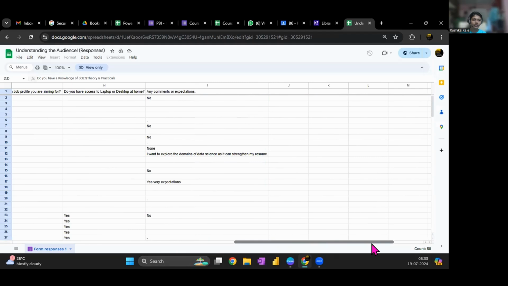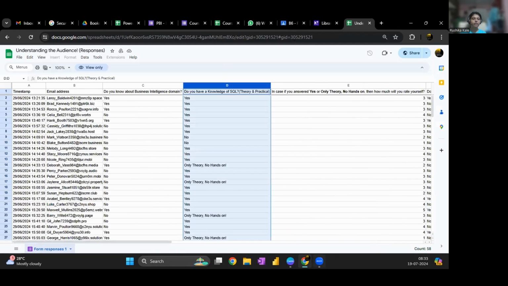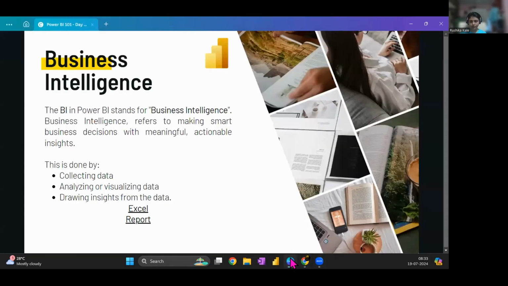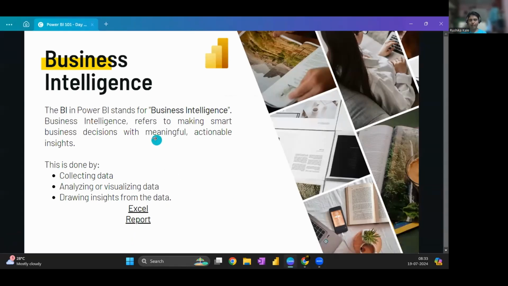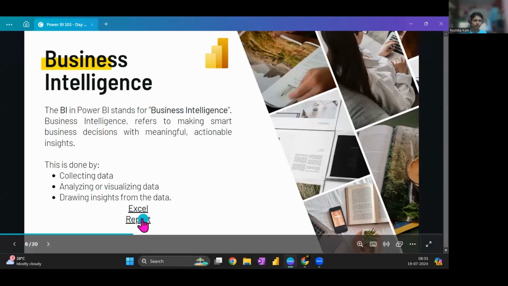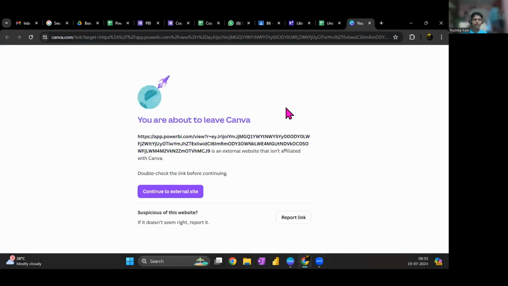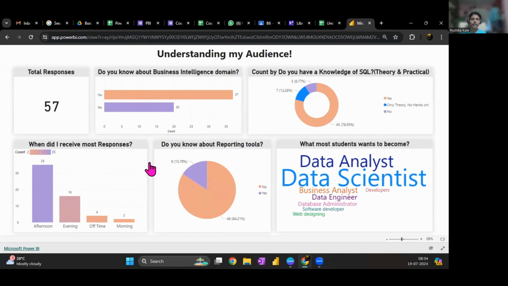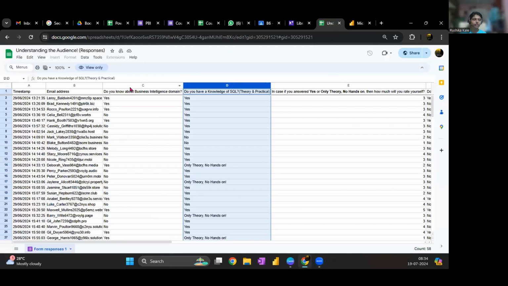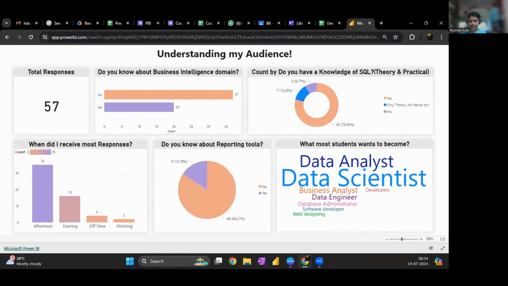Okay. So to resolve that type of case, we got Power BI, which is a reporting tool. There are of course other software in the market as well, but Power BI is otherworldly. So for that we have a report, and I built that report in hardly 5 or 10 minutes. Through this, understanding those 57, 58 rows became way easier for me. I could make something out of it. I could understand what my audience is, what their background is.